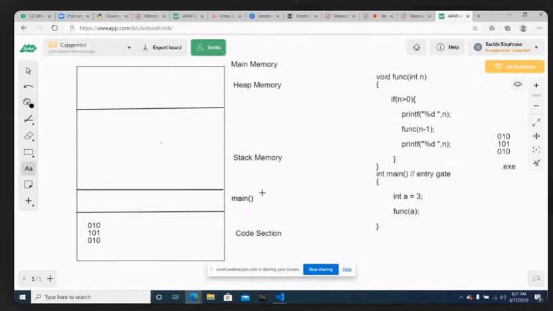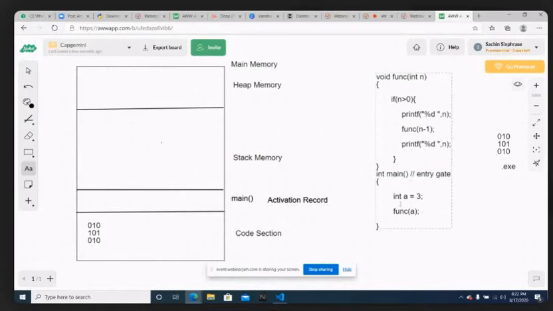What is this activation record? I'll just spell this. It is called an activation record, or otherwise activation area. Okay, what is this activation record? Why is it required? This activation record is like a room in a house. If you take a house, your house will have several rooms, and this activation record is like a room in a house. Okay, I create a room here for the main function.